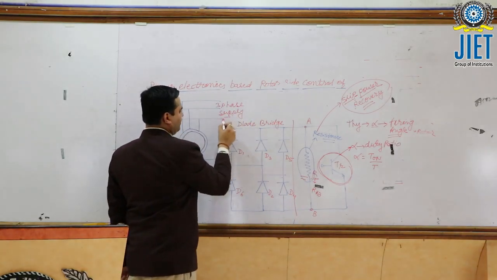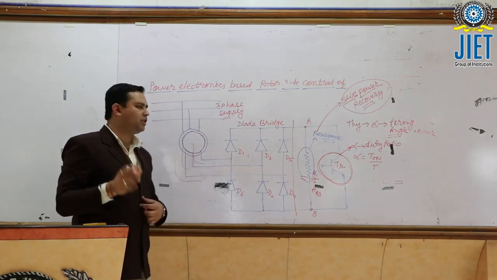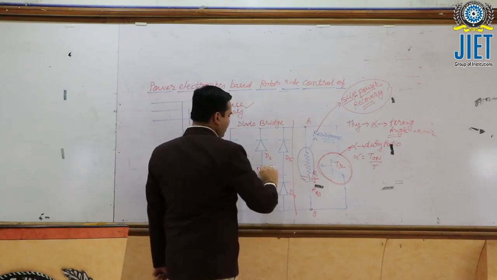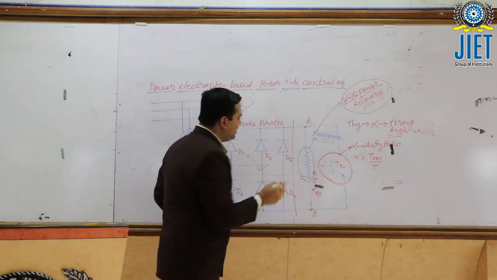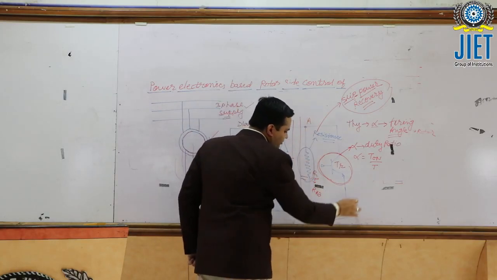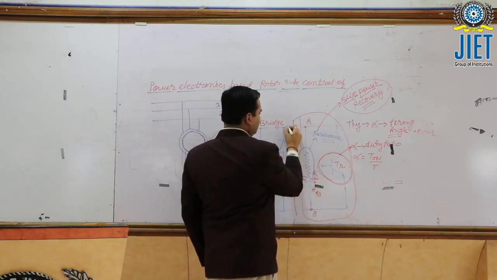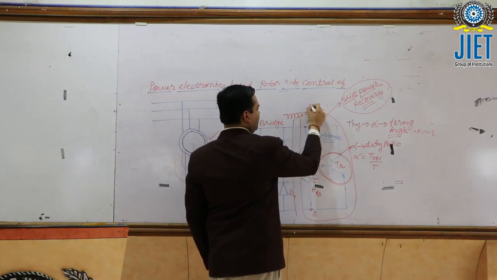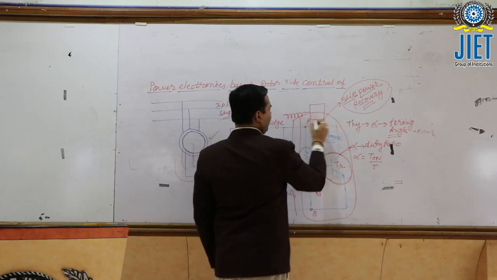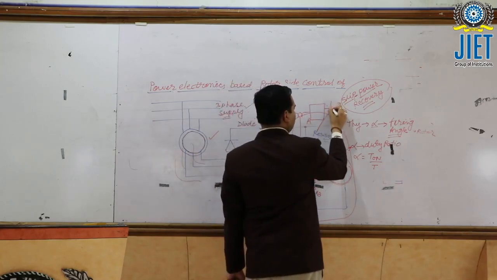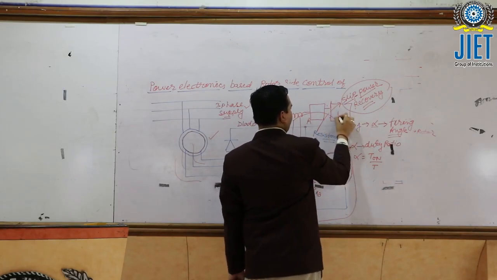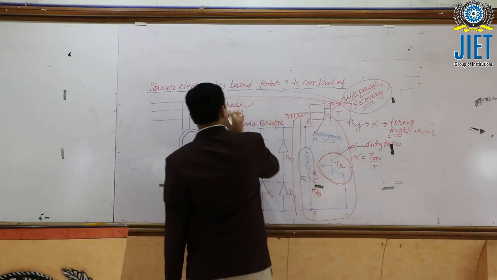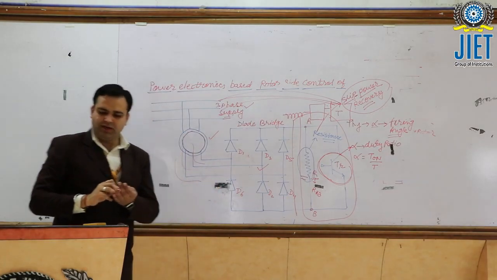In case of the Scherbius drive configuration, the three-phase supply is the same, the induction motor is the same, and this diode bridge is also the same. So what is the difference? The difference is that this circuit will be removed from here, and we connect a DC link here. Then after an inverter, and then after this inverter, a transformer is connected. This is the transformer, and supply is fed back to the source. This is the basic Scherbius drive configuration. We'll discuss the circuit.